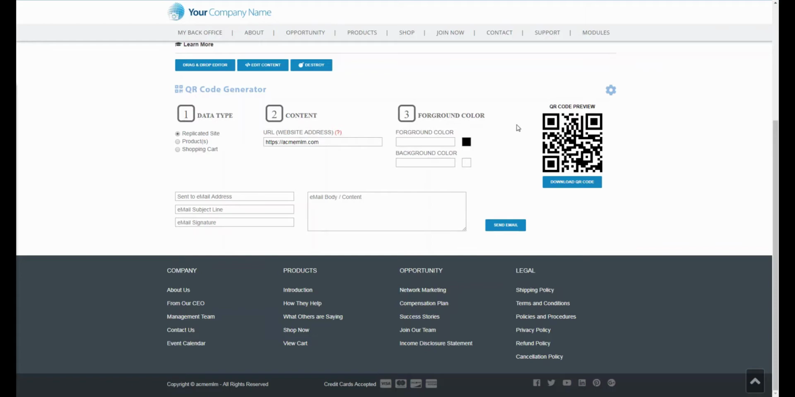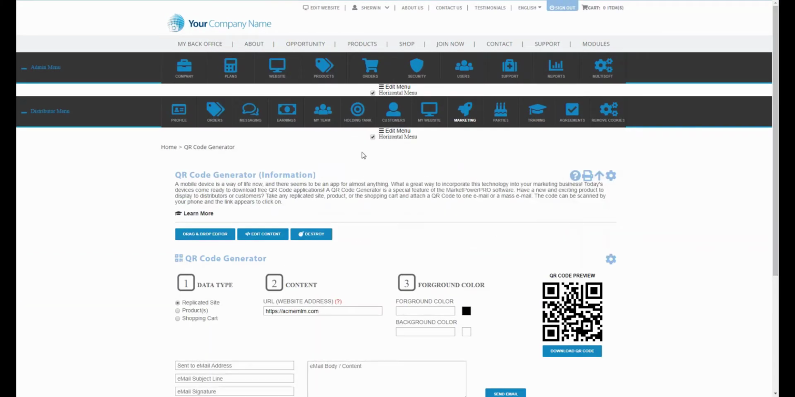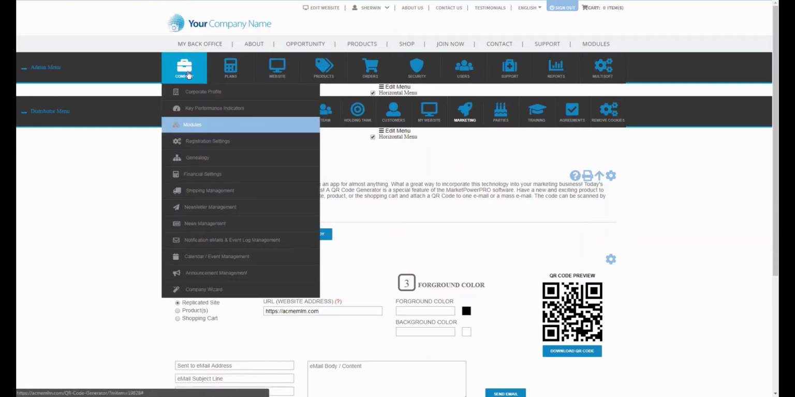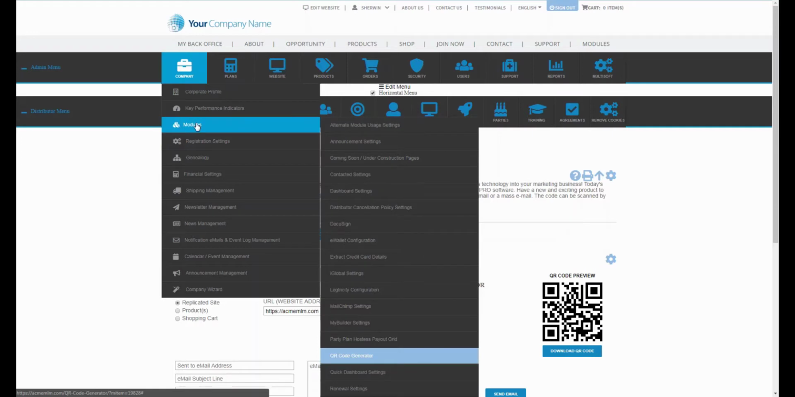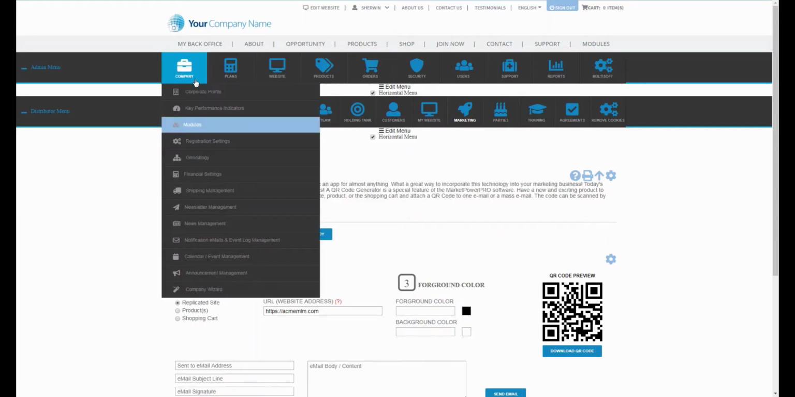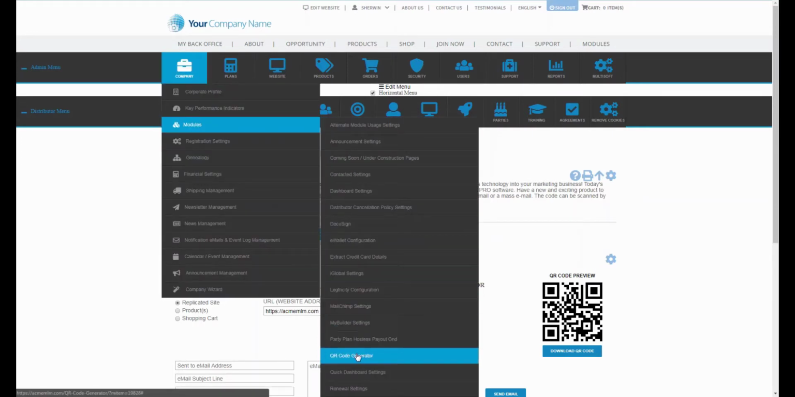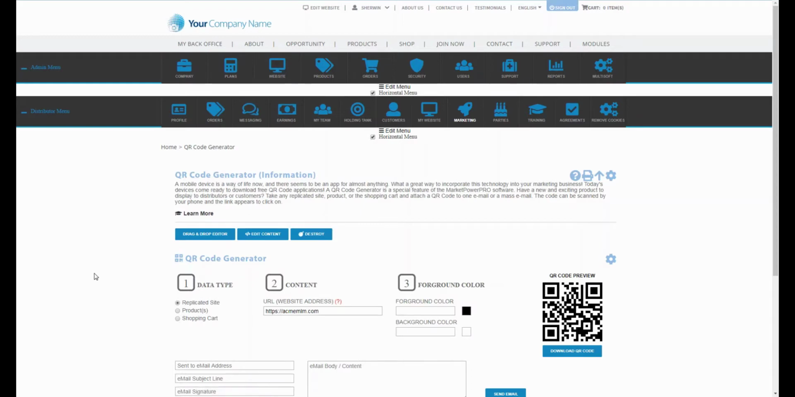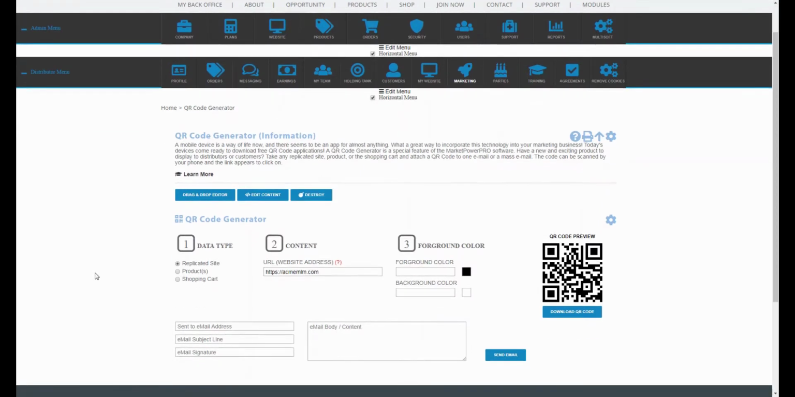First, we need to log on to your website as an administrator. Then click on Company on the admin menu bar. Go to Modules and then click on QR code generator. Once you're there,